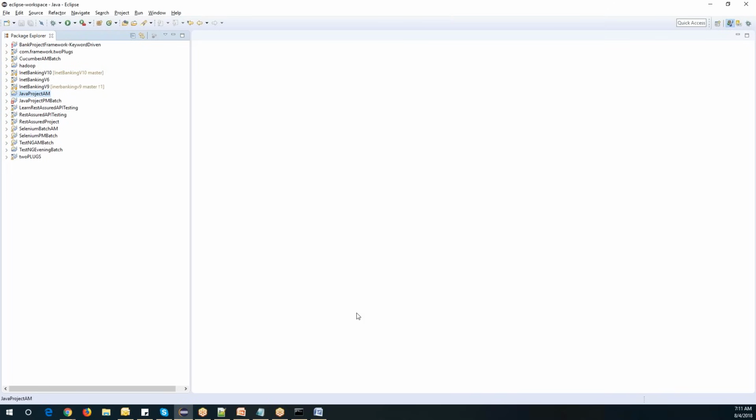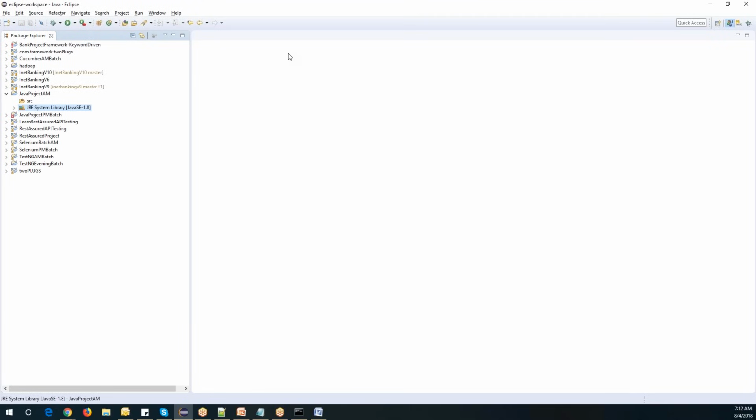Now it will create a new project as a new folder here. This is Java project AM. This is your Java project, so inside this you can create all your programs. Now let's expand this a little bit and you will see a folder called SRC, meaning a source directory or source package. All the programs and scripts will be part of this SRC, and you can also create your own packages. The other one you can see is JRE System Library, Java Runtime Environment. So once we have installed Java,